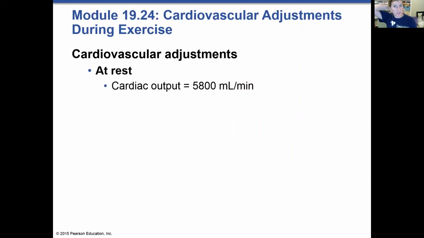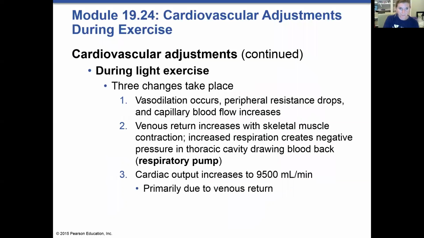Let's talk about the adjustments that occur in our cardiovascular system during exercise. So at rest, our cardiac output on average is 5,800 milliliters per minute. During light exercise, there's 3 basic changes that take place. And light exercise is dependent on your level of fitness. For some people, this might be walking, this might be jogging. So again, it kind of depends on where you are in the fitness spectrum, but there's 3 changes that take